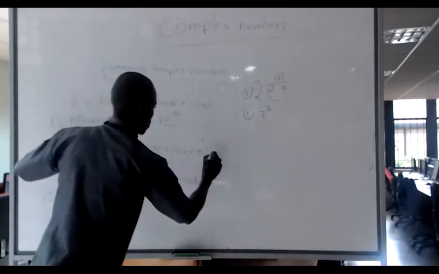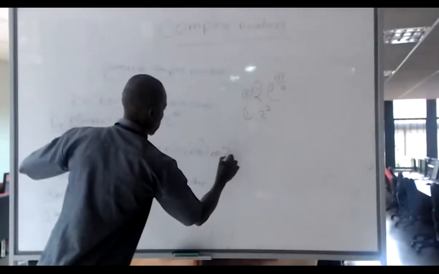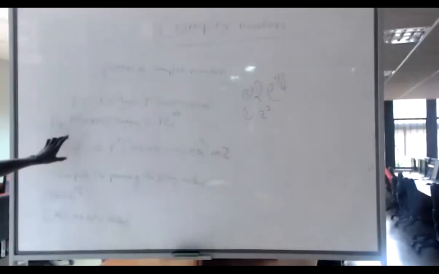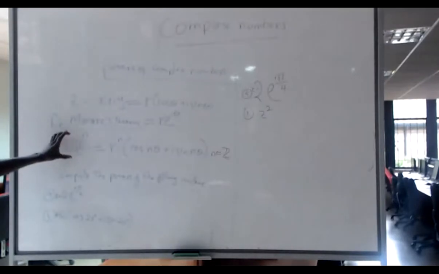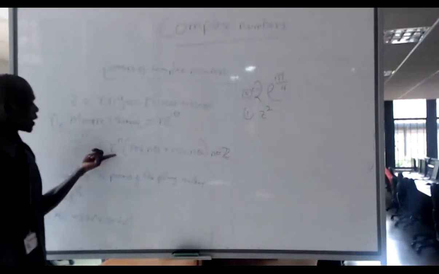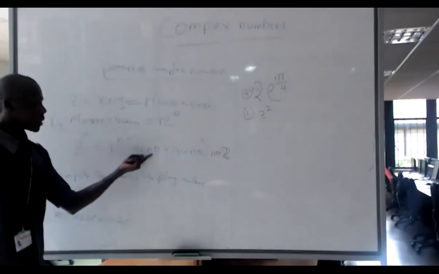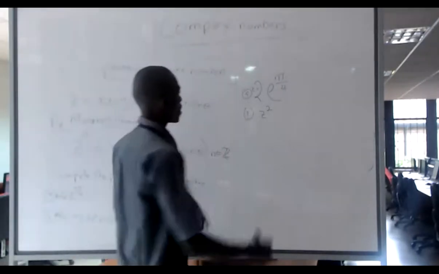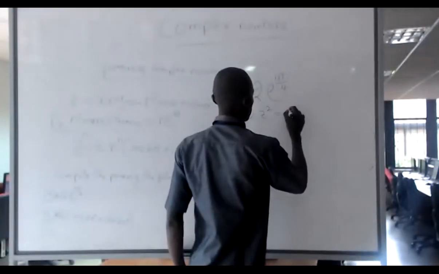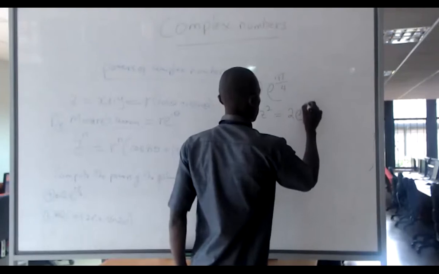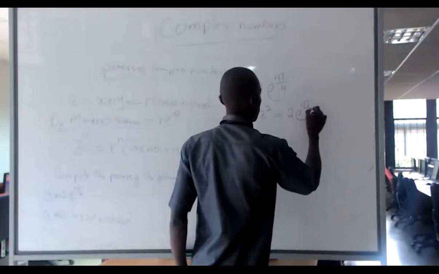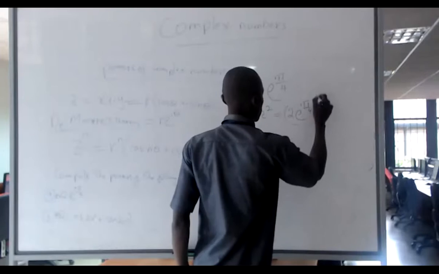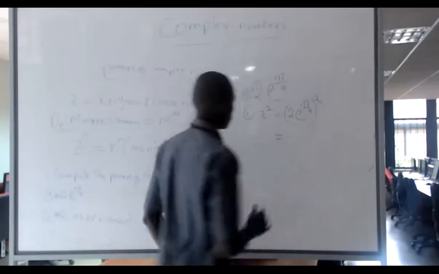Remember here, n is an integer, n belongs to Z. So the theorem says that if I want to compute Z to the n, then find the n power of R and then multiply the angle by n. So in this case, Z squared should be the same as 2 exponent I pi divided by 4, all of this squared, which should give you,